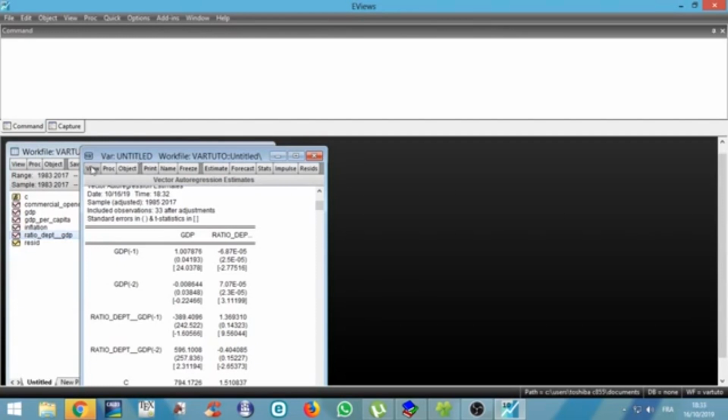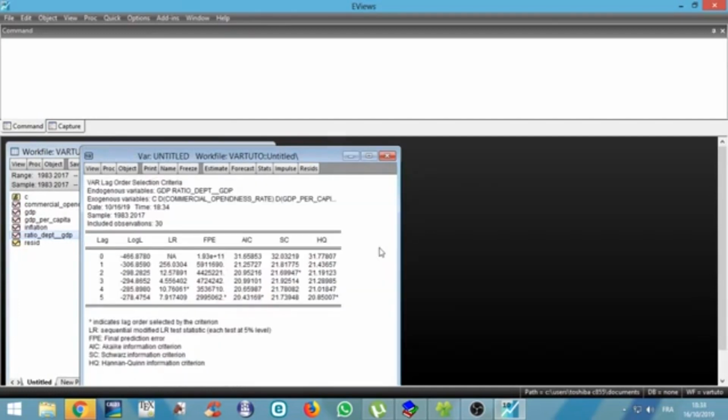So we'll go in View, go in Lag Structure, and choose the last option, which is Lag Length Criteria. So in our model, we will put 3 lags and click on OK. You can put, for example, 5 lags, and click on OK. So you will see in our model that the optimal lag structure is 2 here. The star means that the optimal